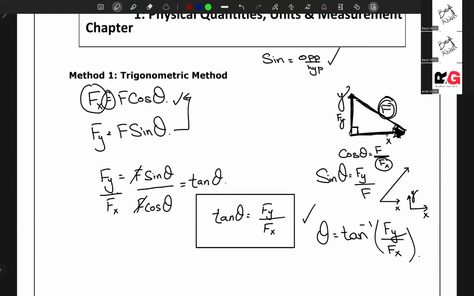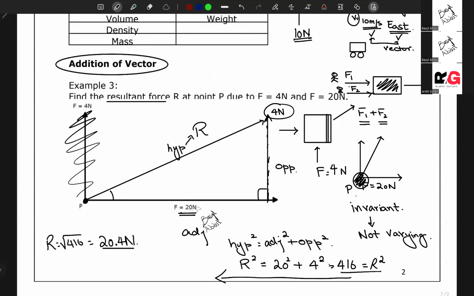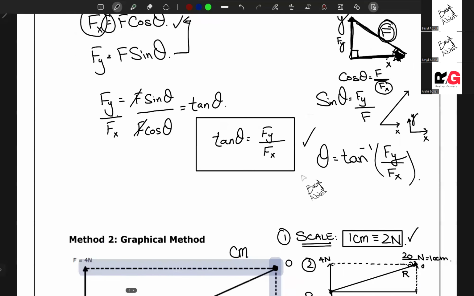So in our problem, what were these components? Remember, let me go back. The y component was 4 newtons, and the x component is this one, which is 20 newtons. Again, our coordinate system is defined with the y-axis upwards and the horizontal axis x. So Fy is 4 newtons, Fx is 20 newtons. You just take these values and put them here. So we get theta is tangent inverse of,